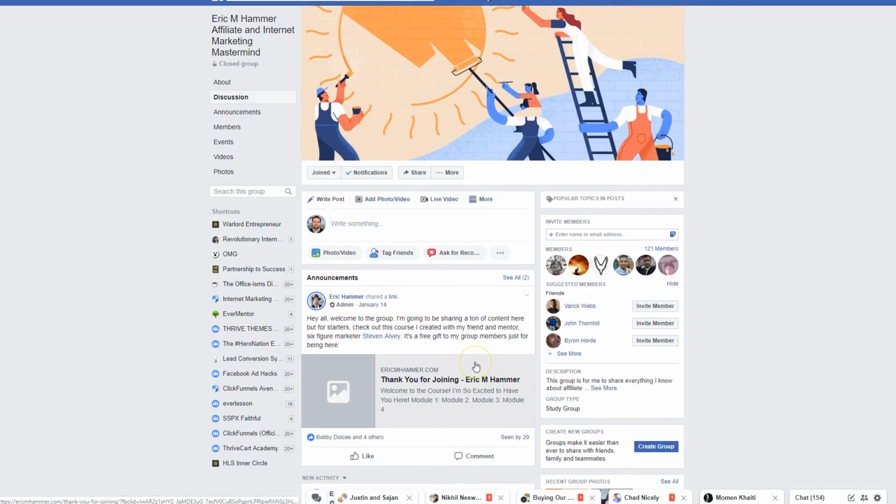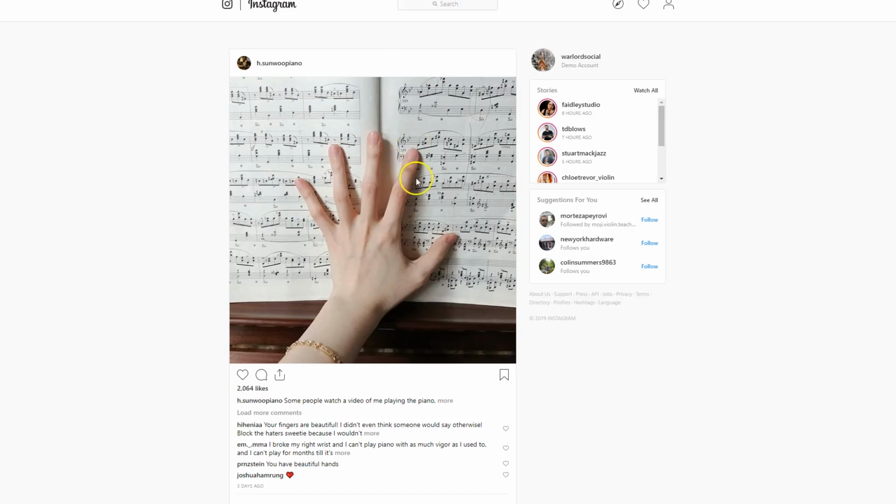And again, the big thing here is that because it's a group, because of Facebook's algorithms and the way they feel about things, your posts inside of a Facebook group will get noticed. And this is the new form of organic marketing inside of Facebook. Okay? So that should be pretty straightforward. If you're going to do Facebook marketing organically, use a group, not a page. Don't mess with pages. Only use those as a base of operation for your paid ads and messenger bots and that sort of stuff. Now, the next thing I want to talk about is Instagram.